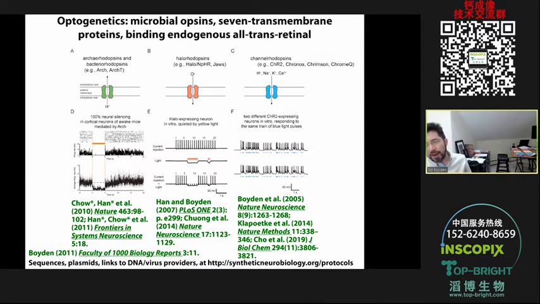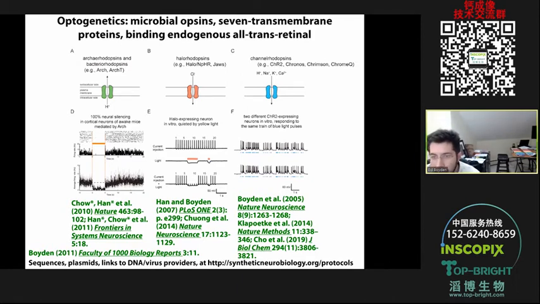And then the right-hand column are channelrhodopsins. The first of these that we put into neurons converts light into a channel opening that causes a flux of cations, in particular sodium and protons, hydrogen ions. And so that will then let you activate neurons. And so Karl Deisseroth and I put the first one of these into neurons many years ago. And then Nathan Klapoetke, Young-Kyu Cho, Demian Park, and Amy Yang, and others in our group have been working to